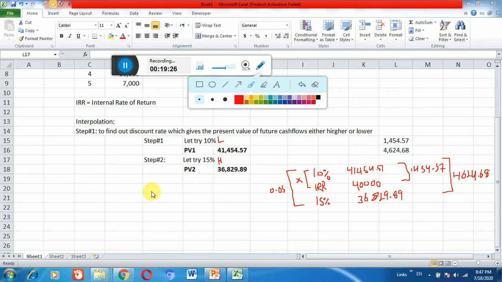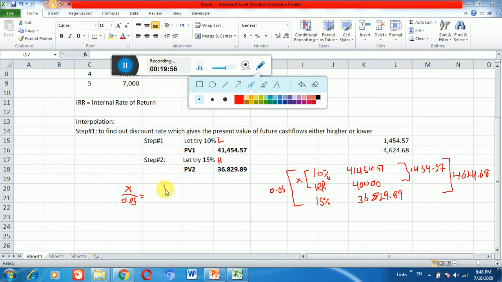So x divided by 0.05 is equal to this value, 1454.57